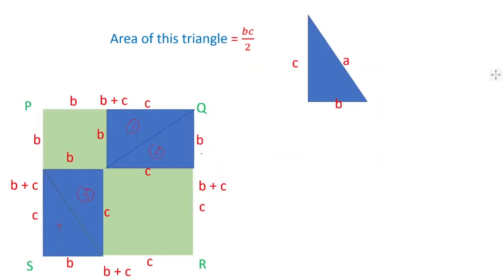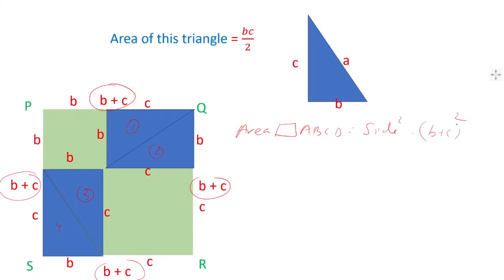Here also I am thinking about calculating the area of this particular square, which is equal to the previous one, because its side is also b plus c, so it is the same square. Here the area of the square is equal to side square, which is equal to b plus c whole square. Okay, the other way is